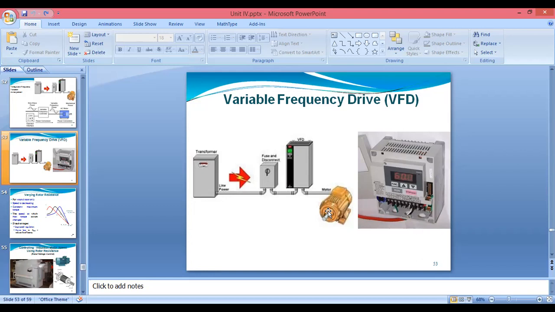So the synchronous speed with the 4-pole, how will we get it? Ns equal to 120 f upon P. If they give the frequency, you can take 50 Hz; if they are not giving it, we take 50 Hz. P is given as 4, so Ns equal to 120 into 50 upon 4. 50 is the frequency and the number of poles goes in the denominator. If you solve, you will get 1500 RPM.